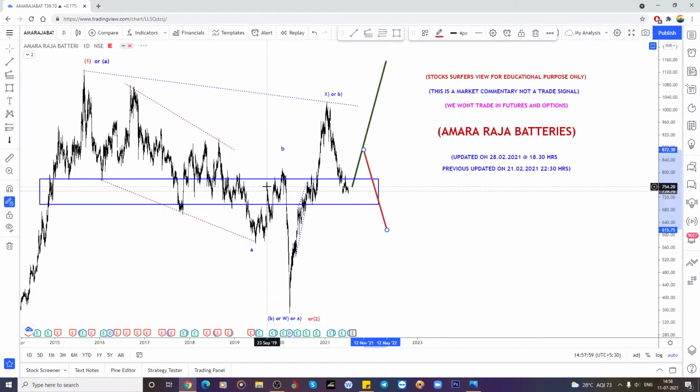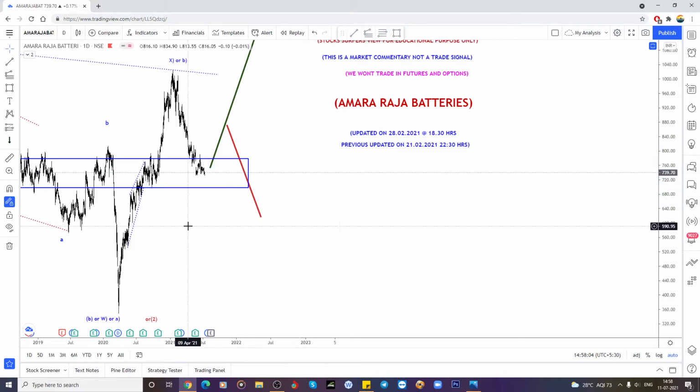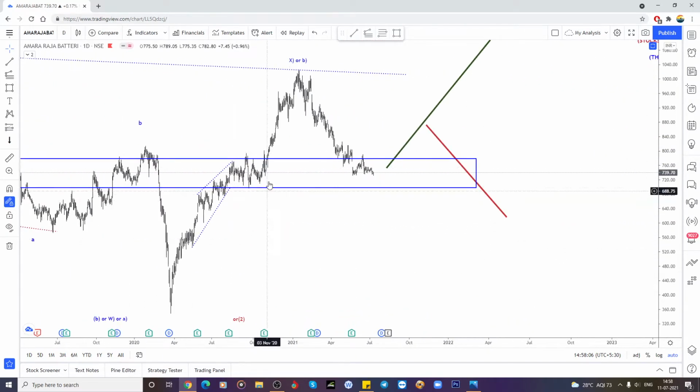It's okay. See, 1, 2. So sometimes I said this is looking like a 1, 2, 3, 4, 5. So this could be a five-wave structure, and we are in that here. Once again,